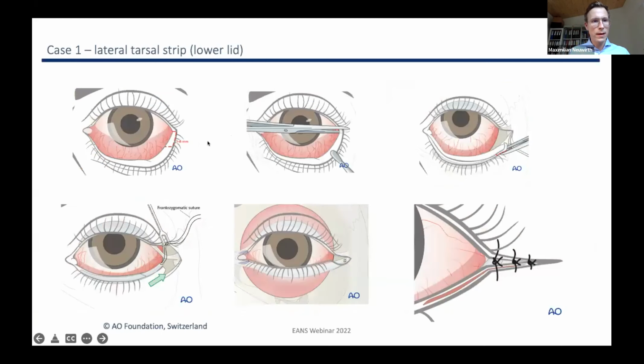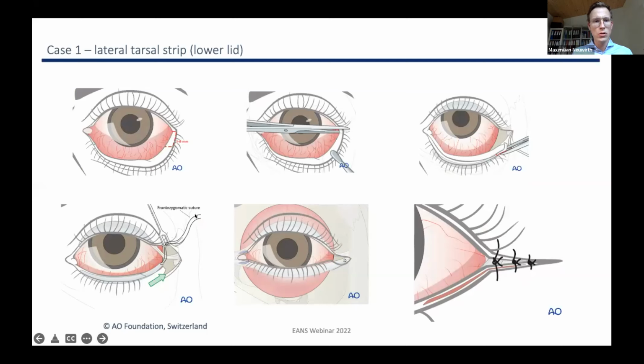the skin. For the lower lid, there are many techniques, and my preferred technique, because it's easy and it's quite reliable, is the lateral tarsal strip. So in short, I just make a cantotomy and shorten the lateral portion of the tarsus, so that we get from a scleral show with a lower lid ectropion to a good tension on the tarsus and correction of the